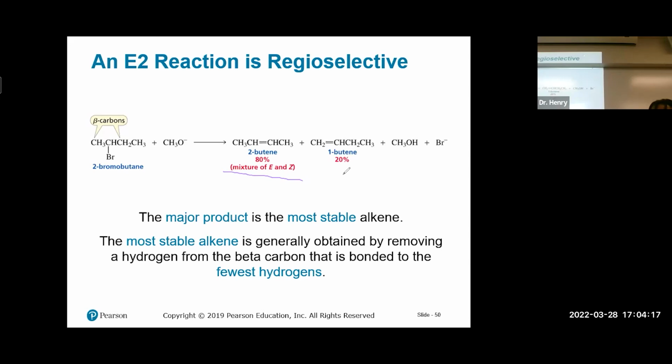Think about the resonance structures. I said, why is it that these are less stable? The double bonds at the terminal ends, at the very beginning of the hydrocarbon, are less stable than putting a double bond, let's say, in between two sets of carbons here. So conjunctive versus